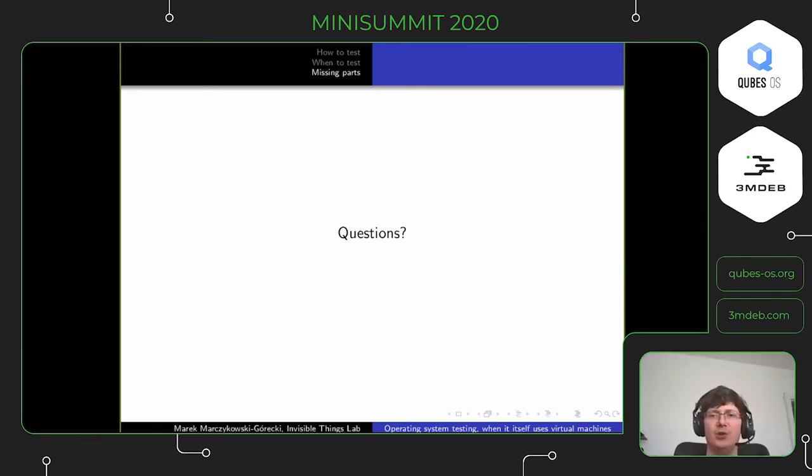openQA itself does have integration for linking specific test failures to specific issues, but this is only a place to provide metadata. It is automatically done if you include a link to openQA in your bug report. So if openQA sees you got to the test result from some bug report, it automatically links it. But this is not very useful for actually filling in that information. And for that,